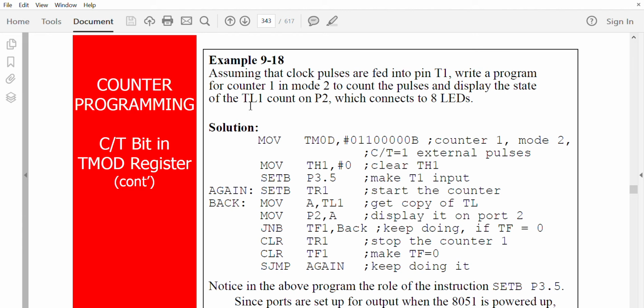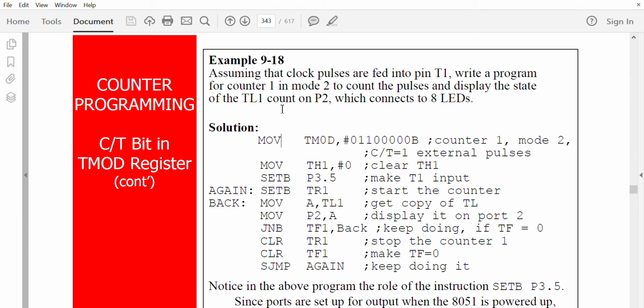The state of TL1 count should be given to P2. P2 we know is 8 bits long, and there are 8 LEDs connected to these 8 bits of P2. So the LEDs will be on and off depending on the value on TL1.